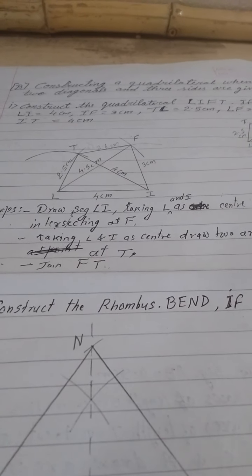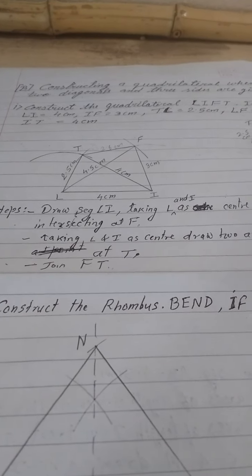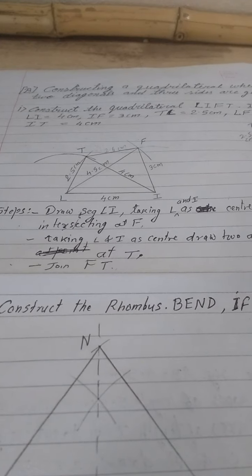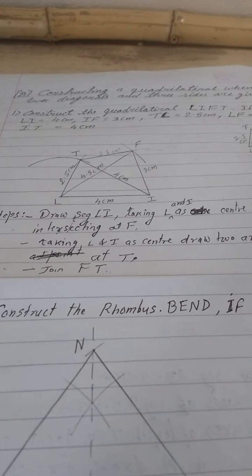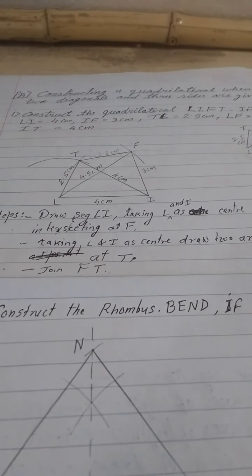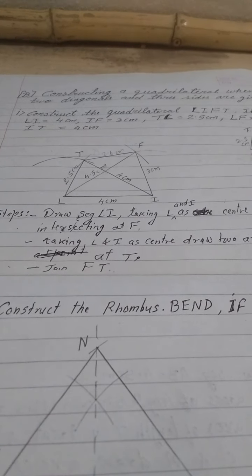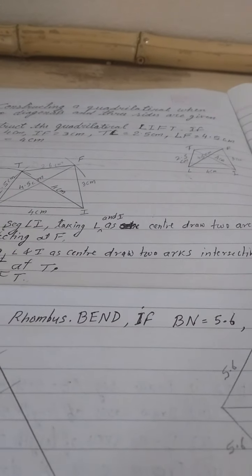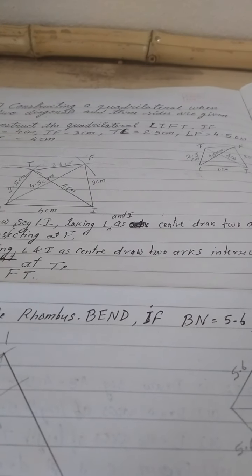Now after joining these 4 points and the 2 diagonals, and then at last you can join TF, and measure how much it comes. Here I have got it as 2.6 centimeter. Now you can see here the obtained quadrilateral is not a parallelogram or any special type of quadrilateral. Before that drawing I had also drawn the rough sketch, and see, I was very near to the real shape of the quadrilateral.